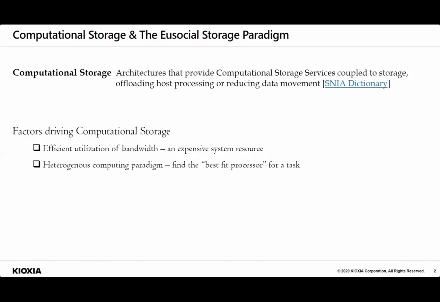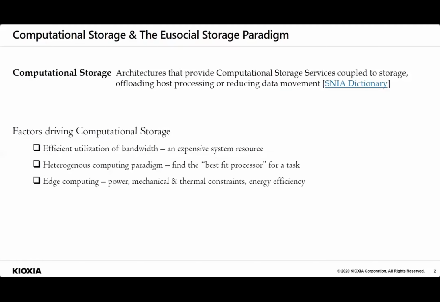Second, architectures are migrating from a one CPU fits all approach to finding the best fit processor for a given task. For example, CPUs are closest to fast DRAM in the system. SmartNICs control the point of data egress or ingress in a system, and storage devices store data on which transformations are performed. In this example, depending on the type of applications, the CPU or the SmartNIC or the SSD may each be the best candidate for performing a computing task.